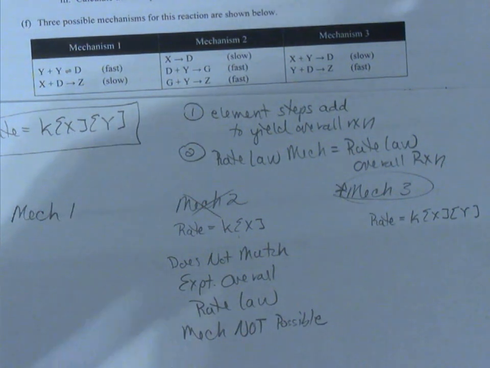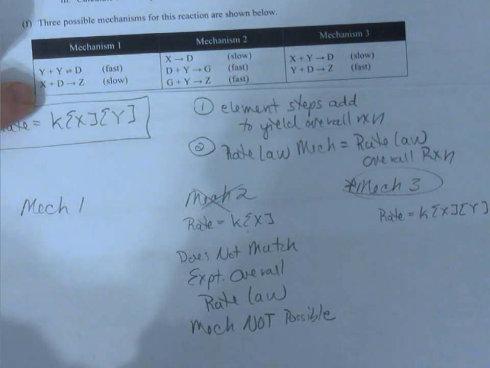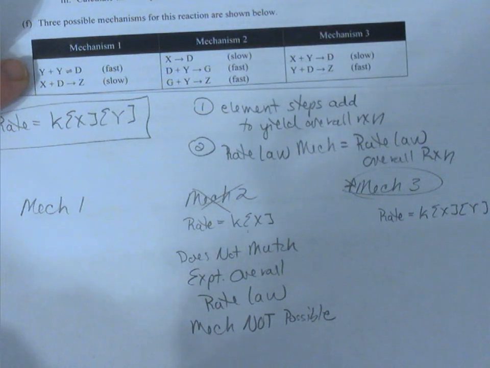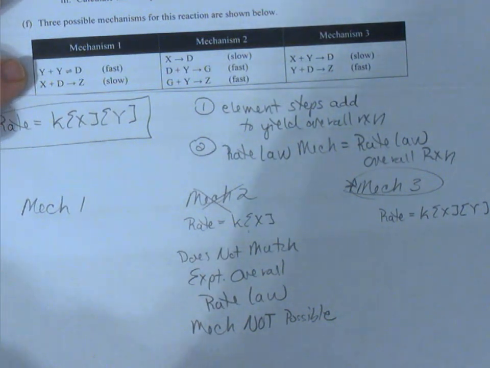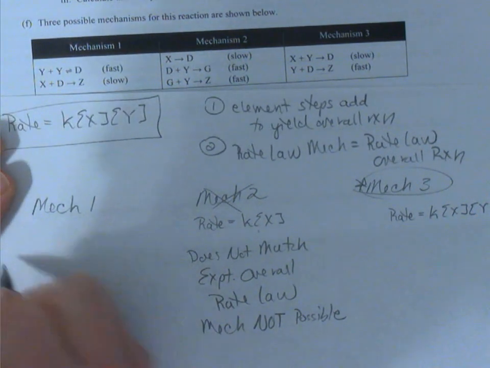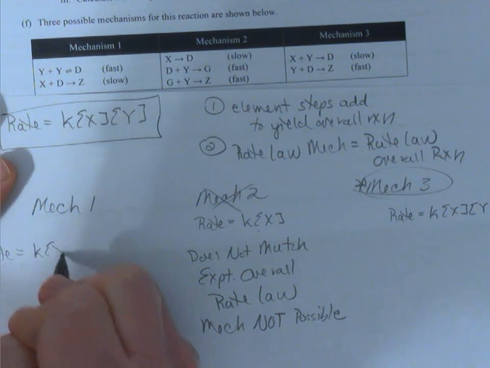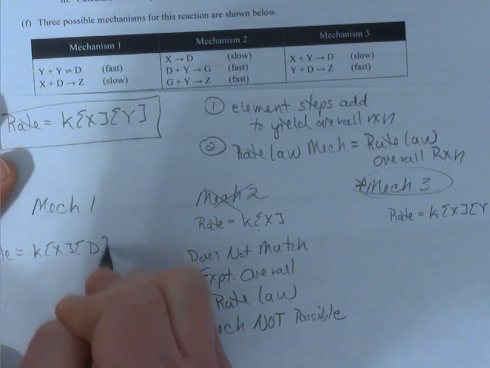Well, let's look at mechanism 1. Okay, I see my slow step, but it is preceded by a step that is fast and in equilibrium. So it's going to take a little more work. The rate for the slow step will be k[X][D],